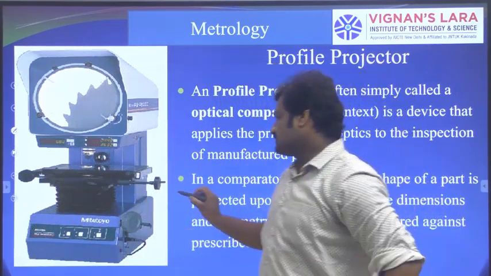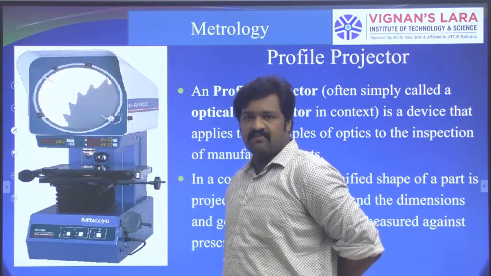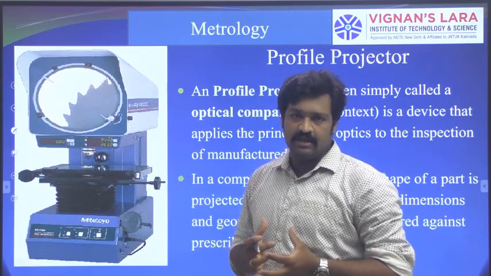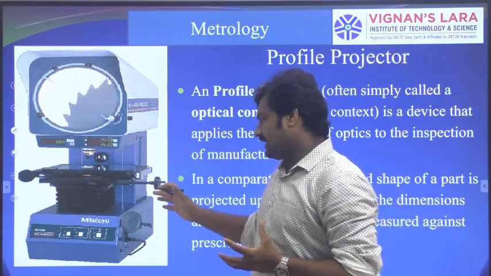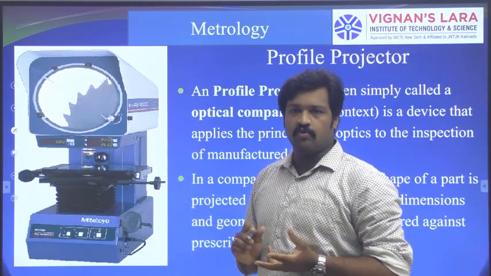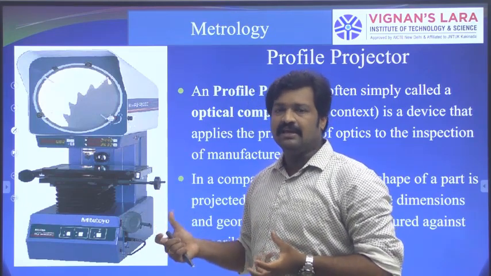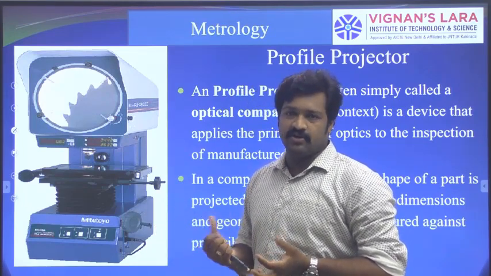This also consists of 2 micrometers for the movement of the table in both directions, in the x and y direction. By means of the 2 micrometers, we can identify the linear measurement in each individual direction.